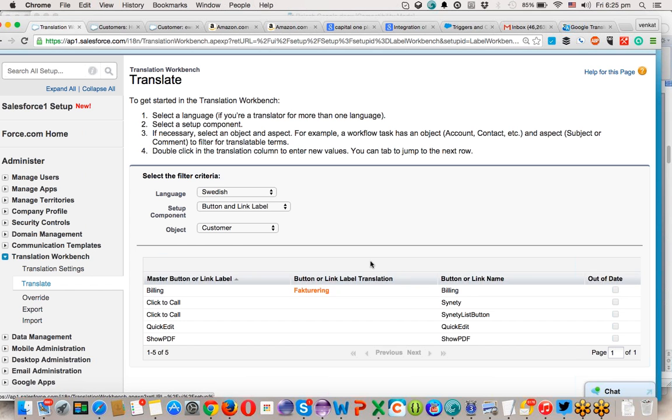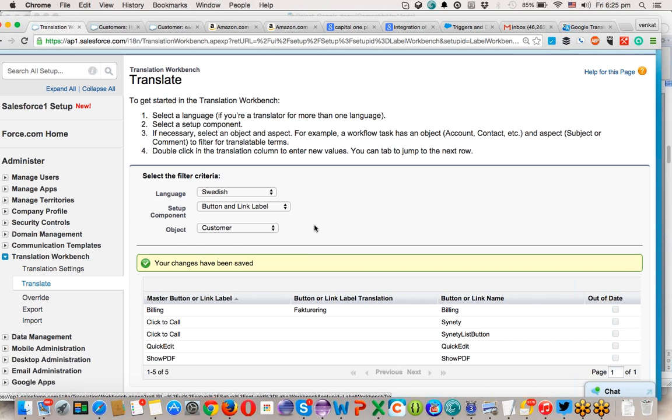Clicking on save. Now, whenever a person opens the Swedish language locale profile, he can see this name instead of billing on their button. We have the option to modify all the components, all the labels also. I'll show that option to you. See, I'm clicking on this